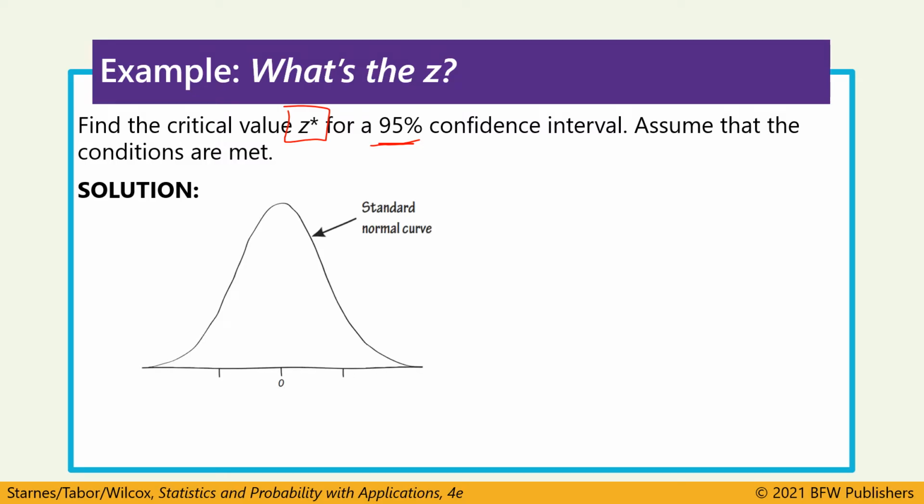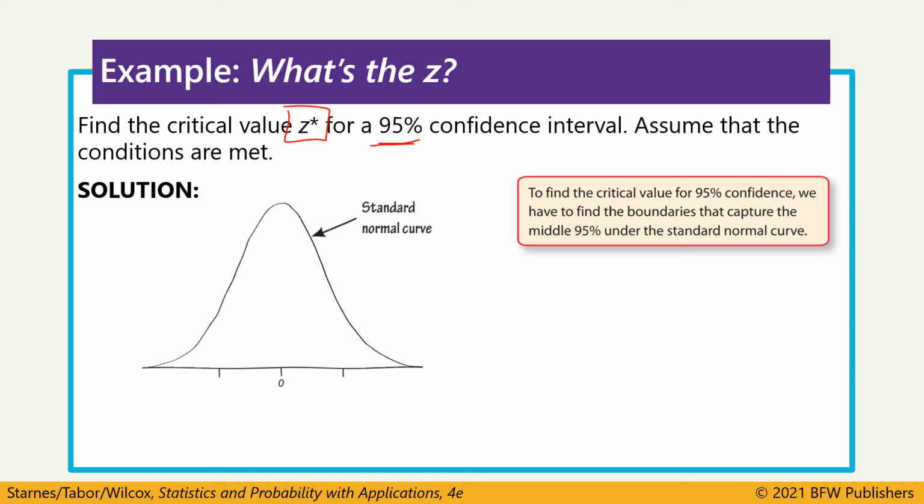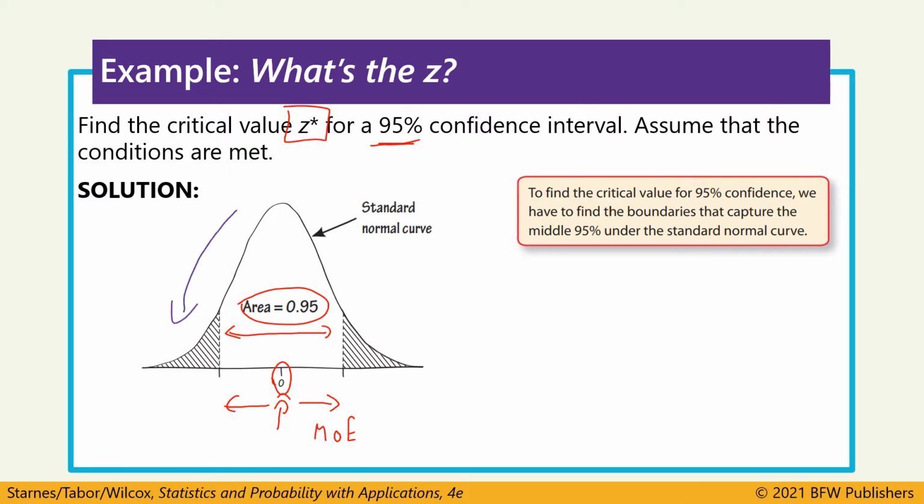So to start, confidence intervals are always moving out from the center of the curve. So that 95% is cut out of the middle, because we're going to start with our point estimate, and we're going to put that right in the middle, and we move above it and below it the same amount, which is going to be our margin of error. So since there's 95% in this range here, that leaves 5% left over, because our curve is going to total 100%. So between this left tail and this right tail, we know it's going to be the other 5%. And since a normal curve is symmetric, that 5% is going to split exactly in half, 2.5% on the left,